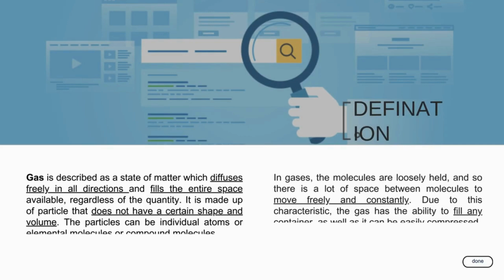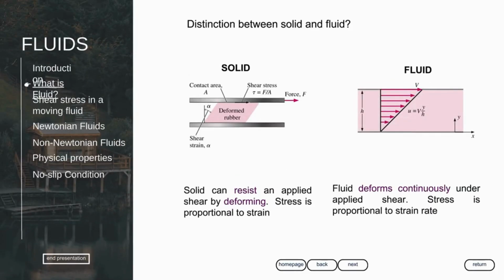Lastly, the gas is matter which diffuses freely in all directions and fills the entire space available regardless of the quantity. It is made of particles that do not have a certain shape and volume. The particles can be individual atoms or elements, molecules, or compound molecules. In gases, the molecules are loosely held, and so there is a lot of space between molecules to move freely and constantly. Due to this characteristic, the gas has the ability to fill any container, and it can be easily compressed. As you can see, these two pictures of solid and gas,